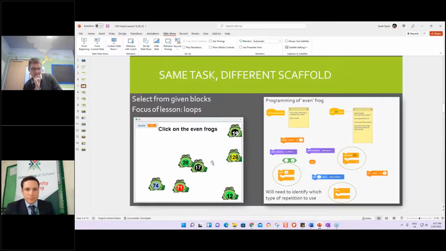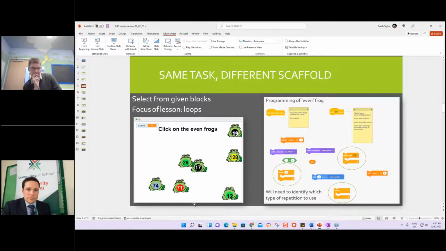So in terms of what else you can do with something like Parsons problems, it's the same task, and depending on the needs of the learners in the class as to how you structure your Parsons problem type activity, you might want to increase the level of challenge by adding in additional blocks. So they've got the ones that they need to use, but they've also got some extra ones that they've got to select from. And this time the learner's got all the blocks for the program, but they have to select the correct loop to make the program work successfully.